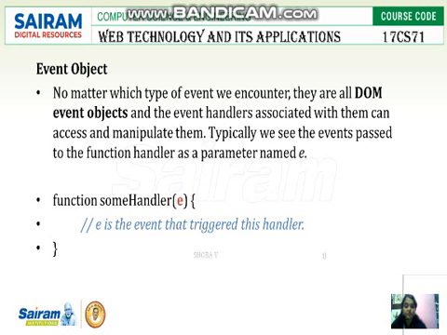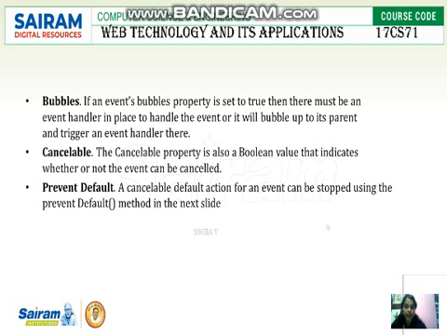If you want to prevent some default behavior, you can use the parameter named e, and you can use it in any event handler you want. e is the event that triggered this handler, and there are many options here, such as bubbles, cancelable, and preventDefault. Like bubbles, when this property is set to true,